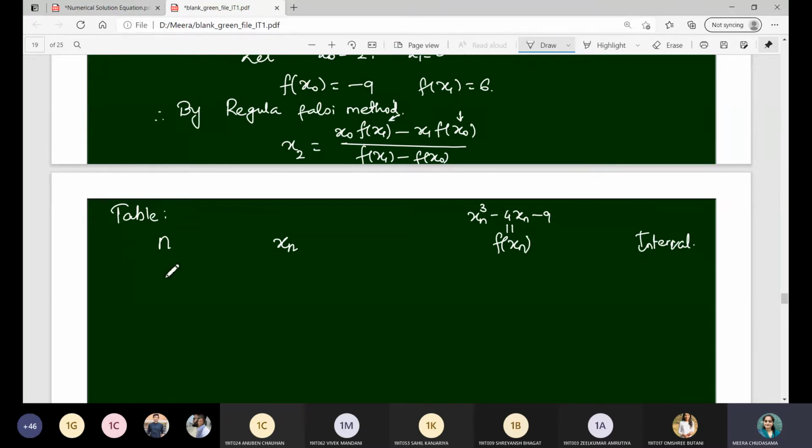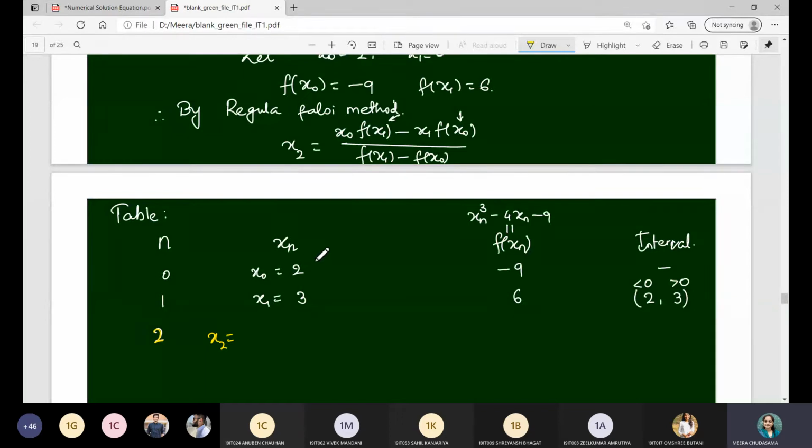तो x0 और x1 आपने ऑलरेडी फाइंड आउट कर लिया है. तो x0 is 2, x1 is 3. So 2 के corresponding हमारे पास function value is minus 9. Here it is 6. So here we don't have an interval, but here I can write it is 2 and 3. For this it is less than 0. For this function value is greater than 0. Right? So now we have to compute x2, the new iteration. Let me write it with this pen. So x2 I will denote the notation with x2, and what it will be.